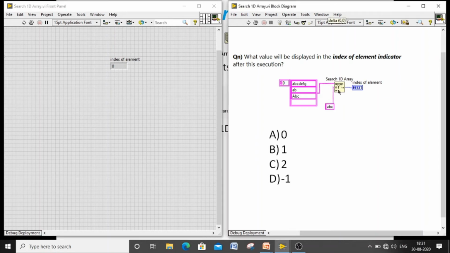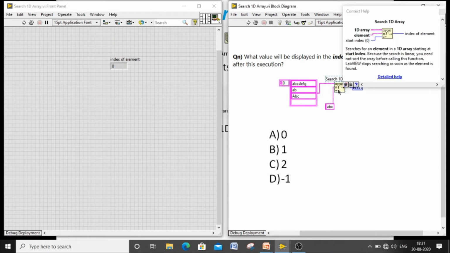In Search 1D Array, you can go with the help of the Help window. You have to provide the array and the element you want to search, and you can start from the beginning or from one particular index. For example, if you have 100 iterated results but want to start from the 15th index, you have to specify the index; otherwise by default it starts from the beginning.